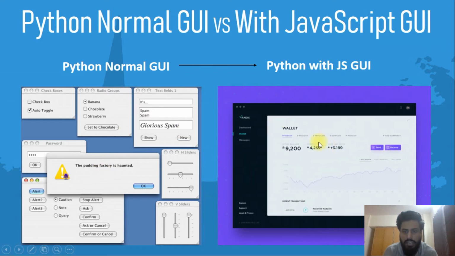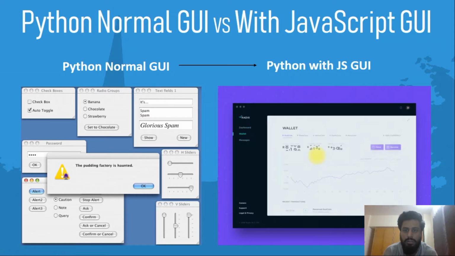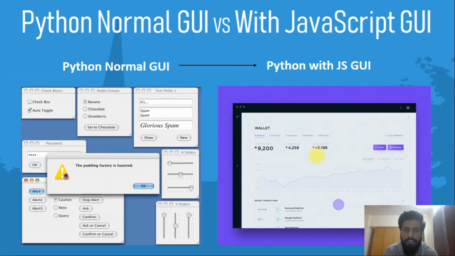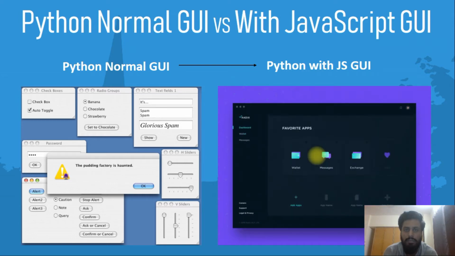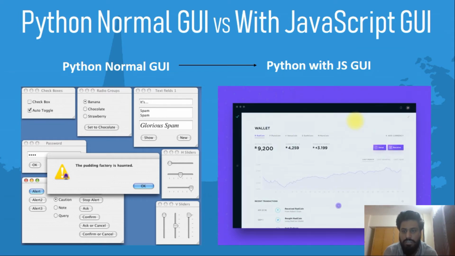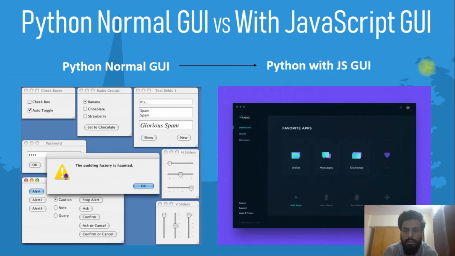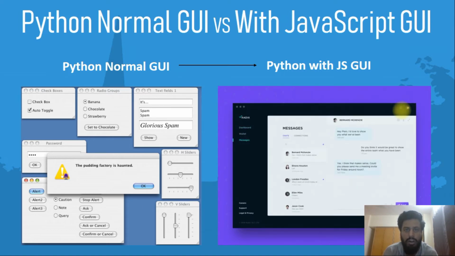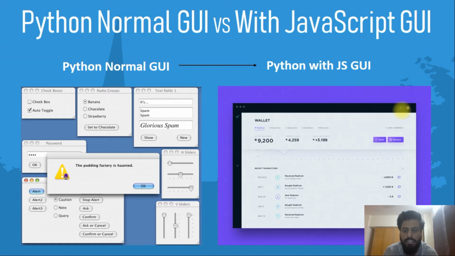As you see here, this is also a Python GUI. It can be made with Python because in this we can embed JavaScript or CSS libraries in Python. These applications are very attractive, and the user can feel that the application wants to talk with them, because these types of applications are modern applications. So you can surely go with these types of GUI applications right now.